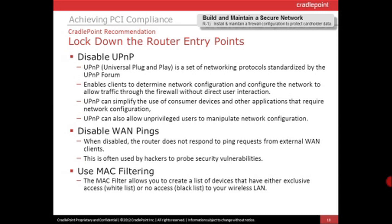Yeah, it's a great point, and you definitely want to go through and lock down things on that router for any PCI environments. So disable WAN pings, MAC filtering. I think that's pretty straightforward. Blacklist, whitelist. One of the features that we've added to the router, in conjunction with WiPipe Central, our management framework, is